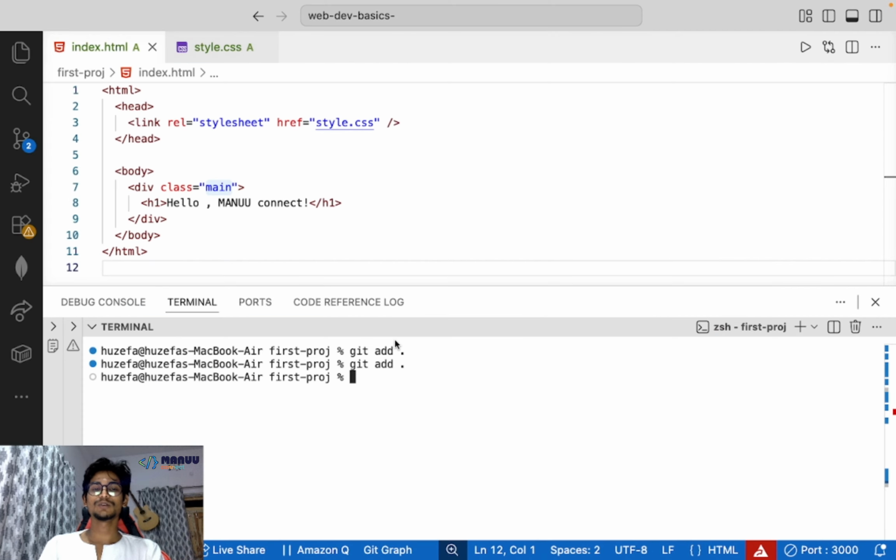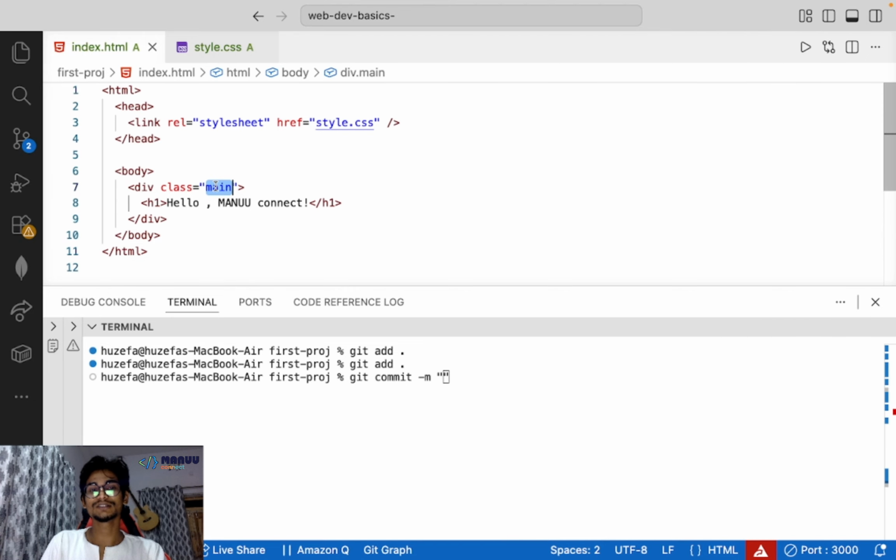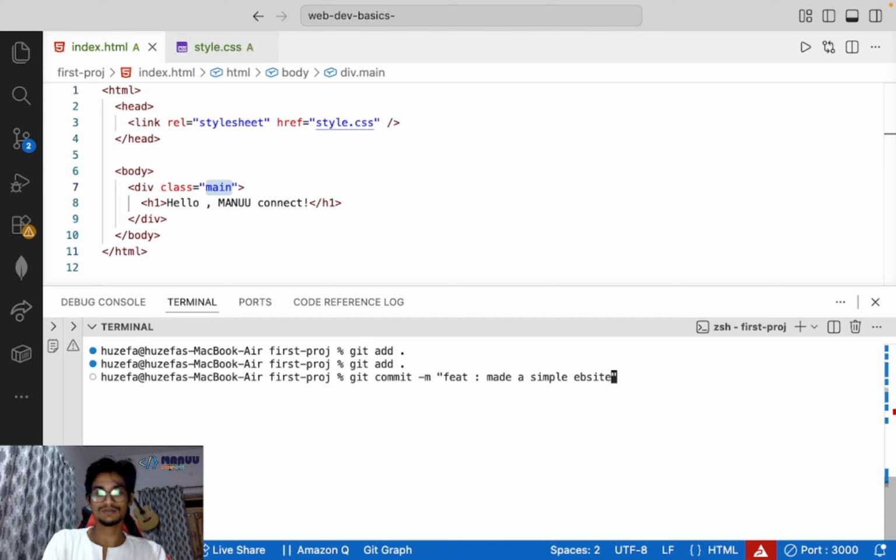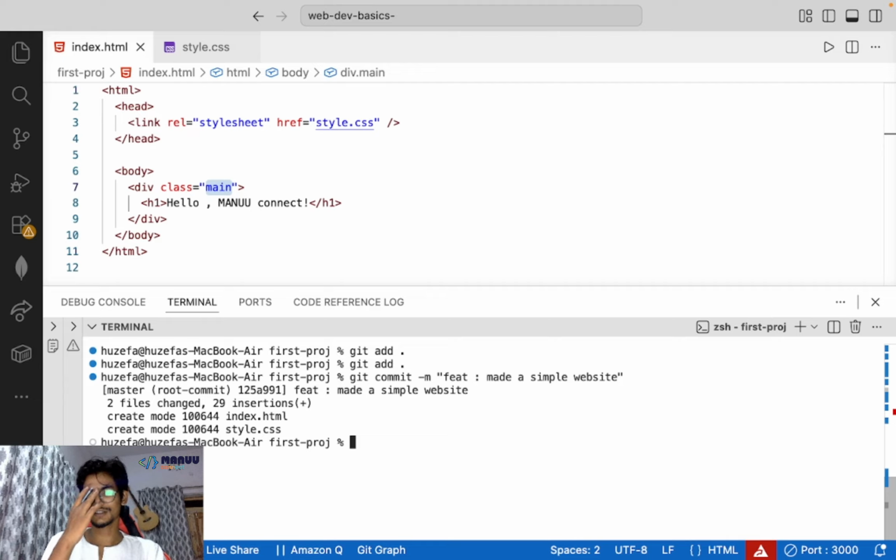Okay. Now next thing is git commit. Git commit is what you have done so far. Let's suppose you are working on a project. In the example I told you, I have changed the color. So git commit. Okay, what I have done? Commit is a message. Okay, I have done this. I have made a simple monograph landing. Let's suppose feat for feature and made a simple website. Simple. So this is a message. So whenever you go back, you will see, okay, I have done these things in this commit or in this version of the project.